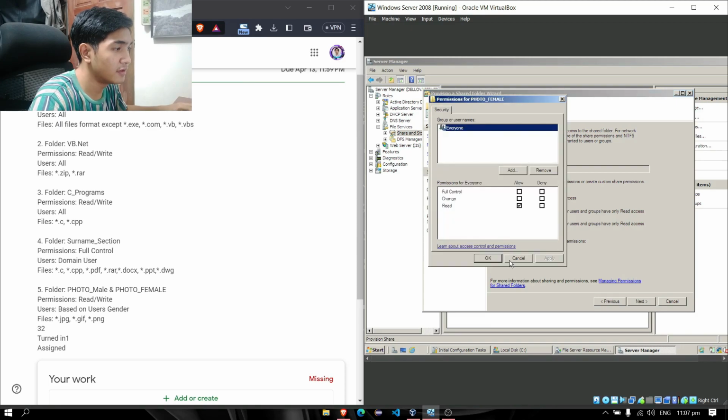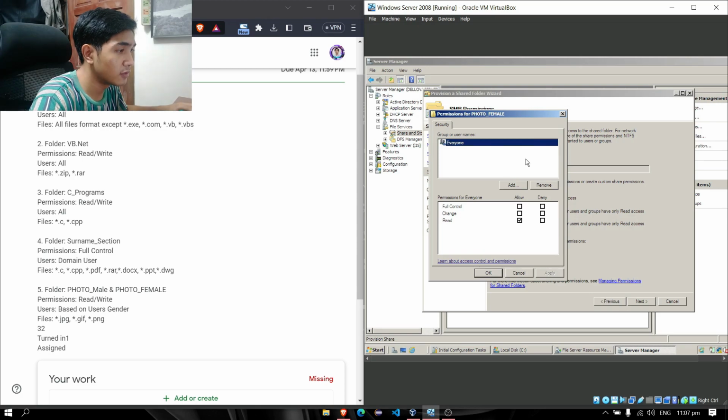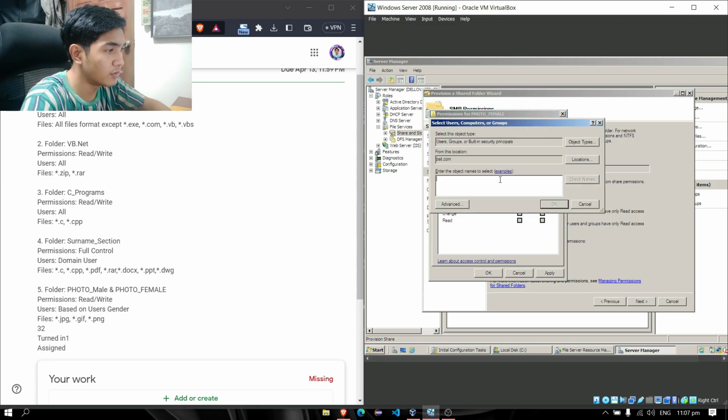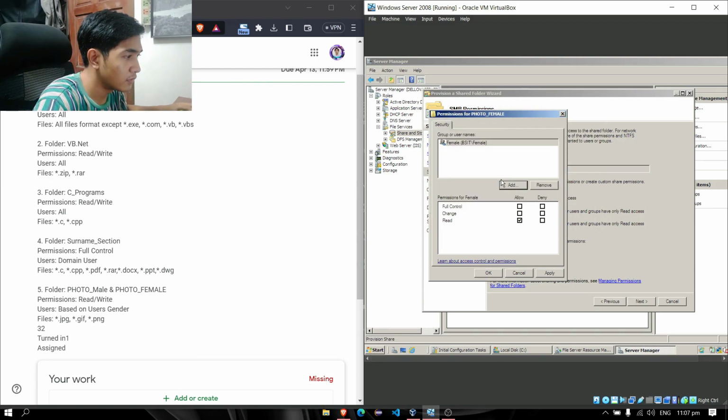We have to set these permissions for the female group only. So we have to remove the everyone group and add the female group. In the permissions for this group, we need to check read and change. Then click apply, click OK, then next,